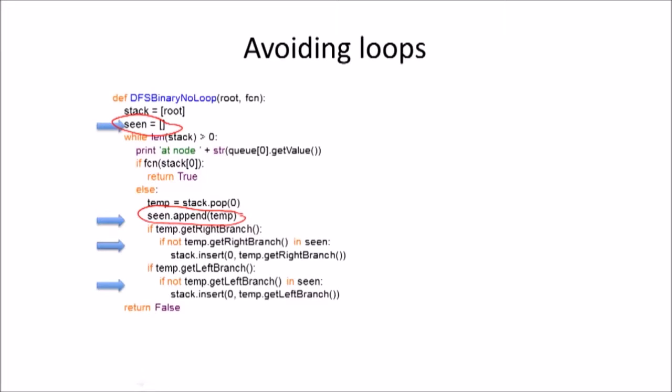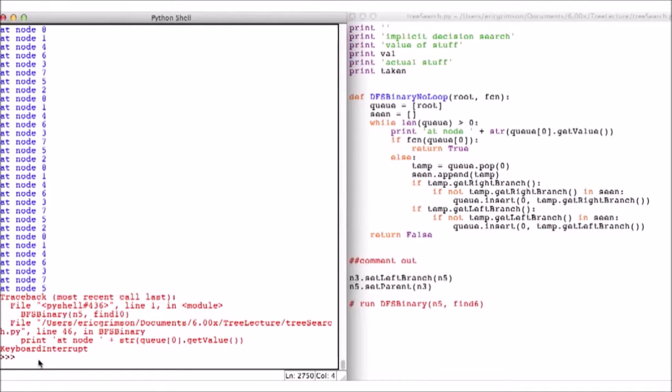And then, when I want to say, do I want to explore below this node or not, before I go ahead and add a right branch, I'm going to check to make sure I haven't already looked at it. If I haven't looked at it, I add it in. Same thing with the left branch. That simple change works. And if I go, in fact, back over here, I've written a piece of code, that piece of code right there,